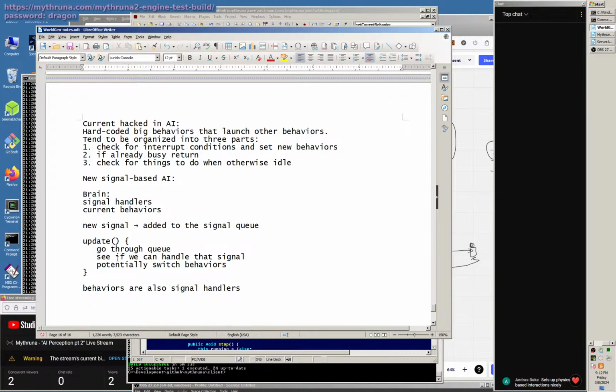But there's some implications to this approach, meaning that basically every current behavior is also a signal handler, which means that when we see if we can handle that signal, the first thing we check is the current behavior, which means that the current behavior can override the default handling of a signal. So maybe by default, an NPC will turn to somebody and talk to them whenever they get talked to, right? But